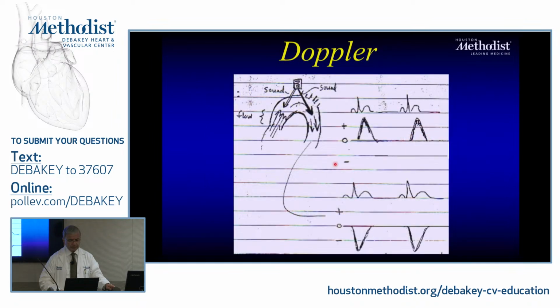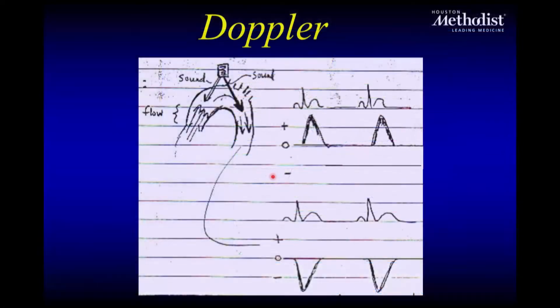Now, some of these effects you could see. I left this picture here. This is a historical picture, handwritten by Quinones. I left it there probably about 20, 25 years ago when he used to give this lecture. What you see there is that the frequency shift will tell me about direction. So if I'm looking at the aorta, for example, and I look at that frequency there, the velocity is coming towards me, so it's positive, and if it's going away, it's negative.